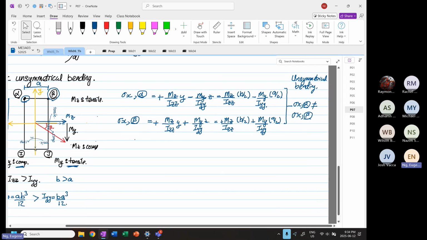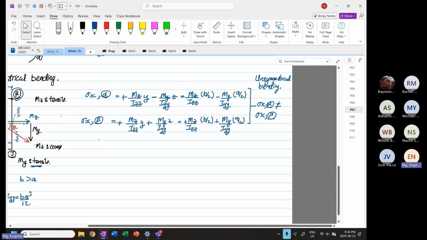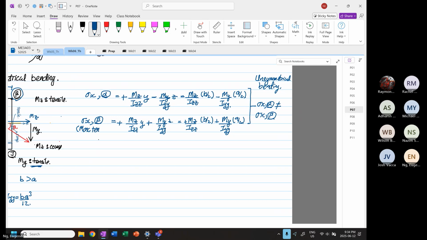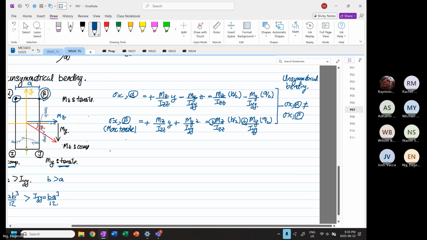Okay, so stress x, but what we realize over here, stress x at beta is what? Maximum what? Tensile. Because both of them are what? Positive. Right? If both of them are positive, this shows that it's in maximum tension. Okay, so the next one is stress x